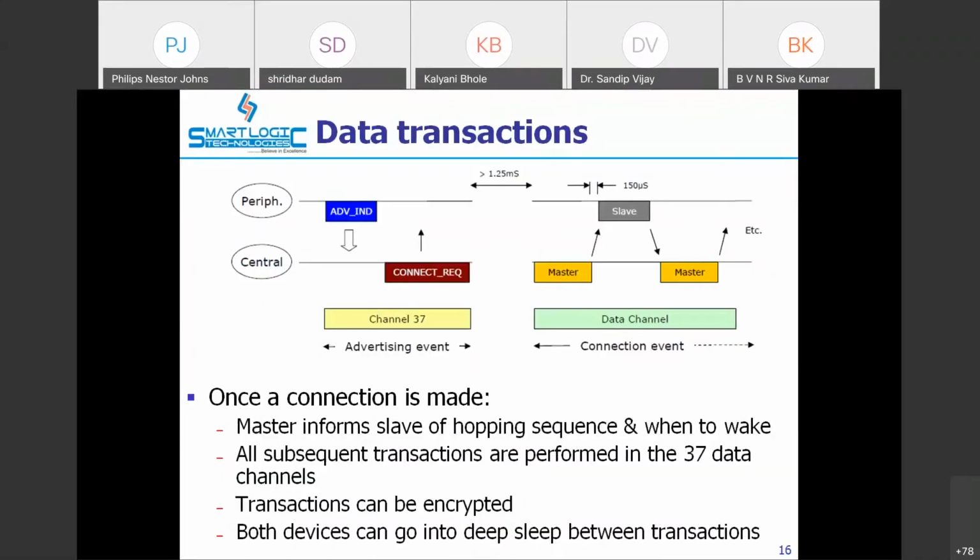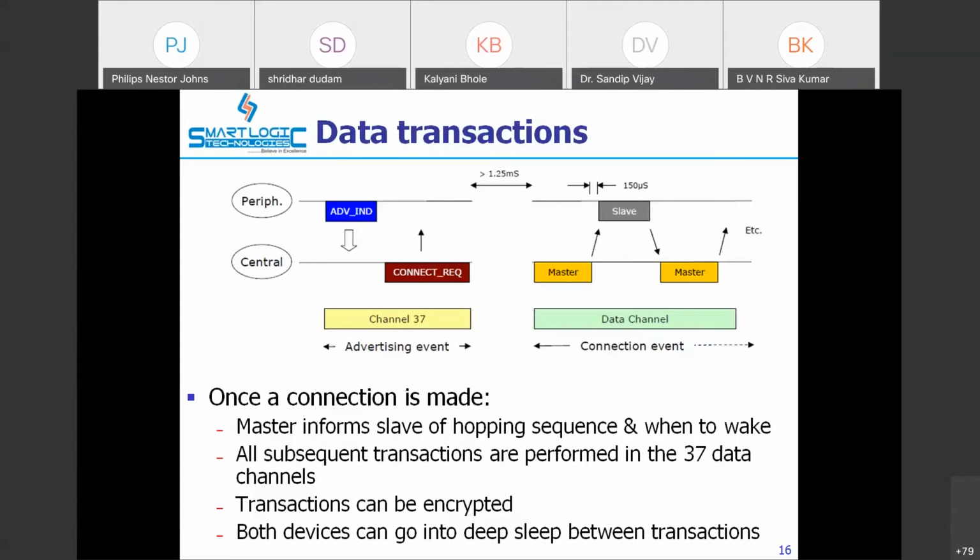Whenever you want to transmit data, it is going to be encrypted. We use the AES standard. Advanced Encryption Standard is used for BLE. If there is no data transmission, the master and slave go into a deep sleep so that we consume less power.